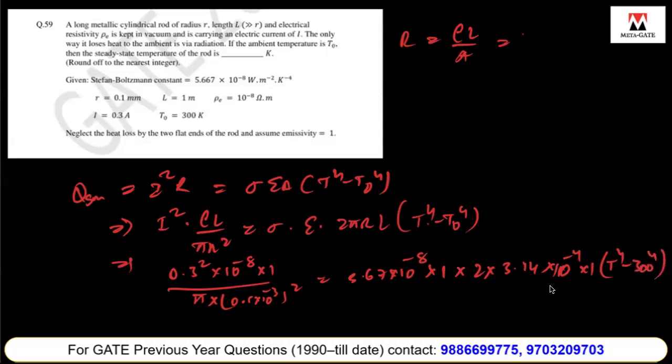So if you calculate, you get T power 4 is equal to